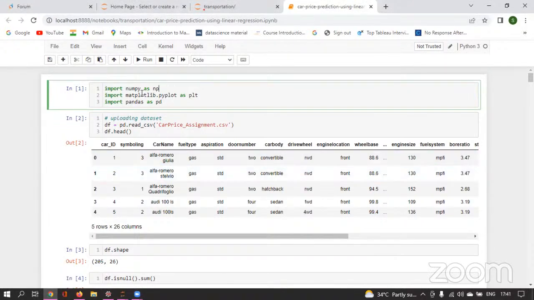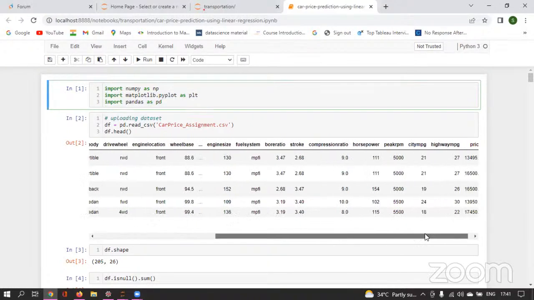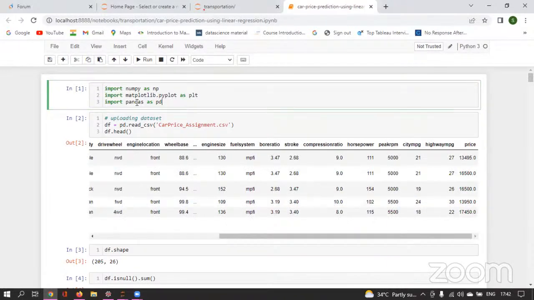Again I'm importing matplotlib, since I need to do visualization. And to do manipulation of our data set, I'm using pandas for the data frame, and importing the data set using pandas.